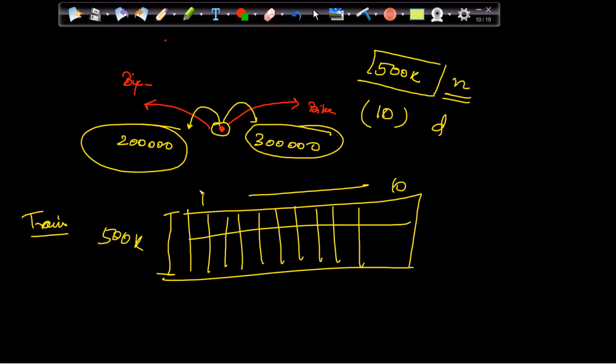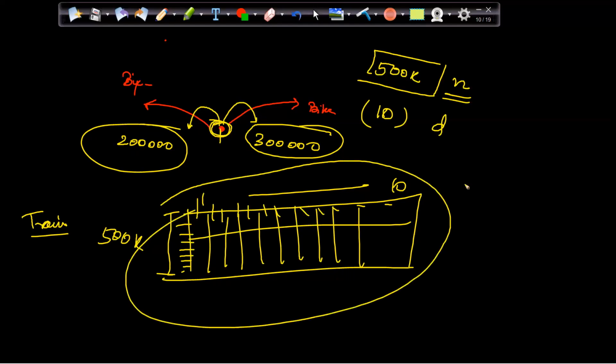So can I say that I will use this entire data set to do the calculation for this guy? Because I want to find the distance of this guy with all the records and all the features as well, if I'm taking 10 features. So can I say I am putting this entire data in the RAM?